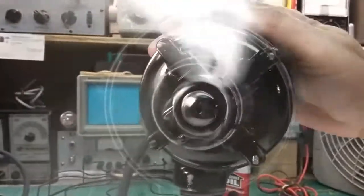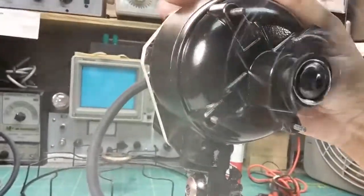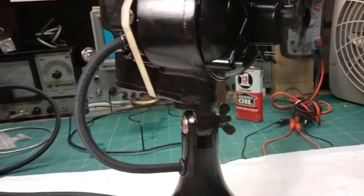It's not running hot. It has a mild electrical smell, but that's again normal when you've got brushes. They're going to give you that electrical smell because they're rubbing on the armature. I did try cleaning the contacts on the armature a little. It's running better than it was when I first got it running,